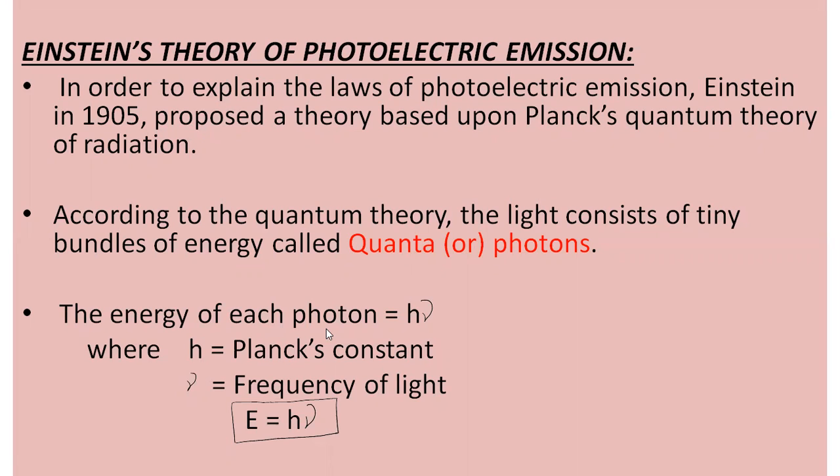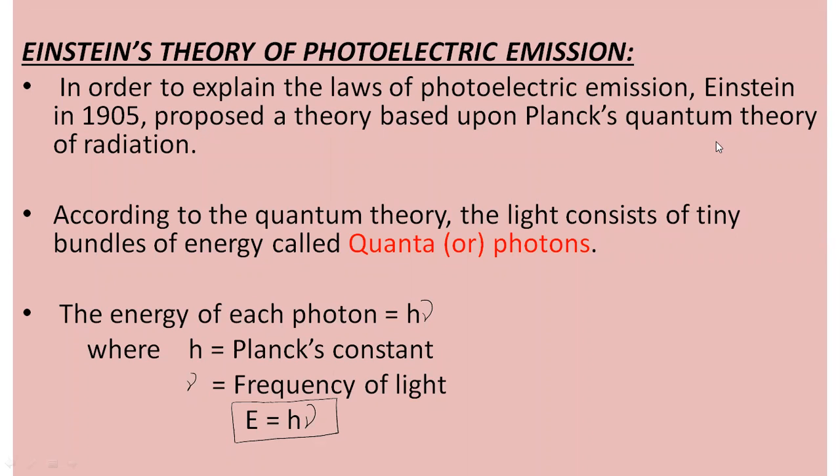So today we are going to discuss the topic Einstein's theory of photoelectric emission, which is there in atomic structure and elementary quantum mechanics. Under this theory, we have to discuss that this theory was first put forward by the scientist Einstein in the year 1905, and he had proposed this theory based on Planck's quantum theory of